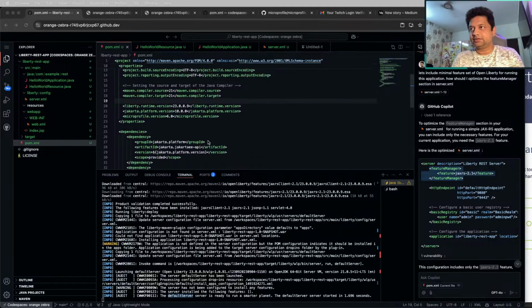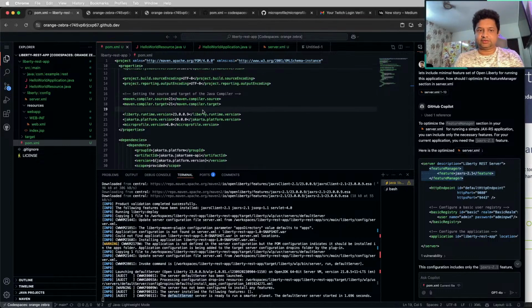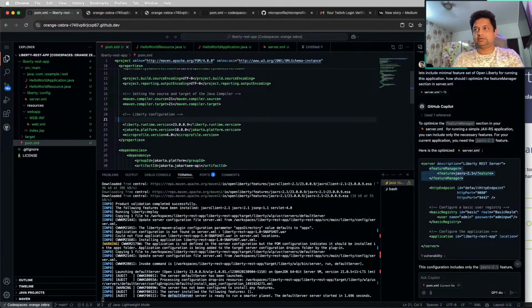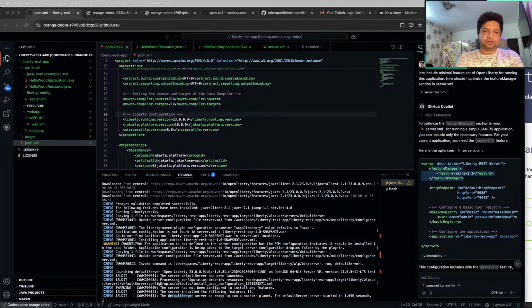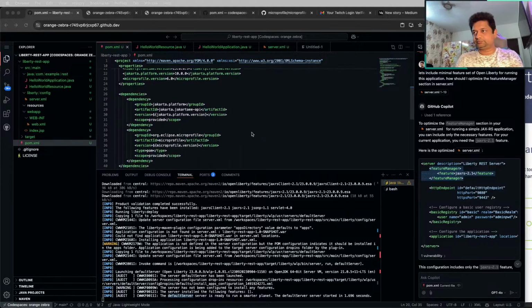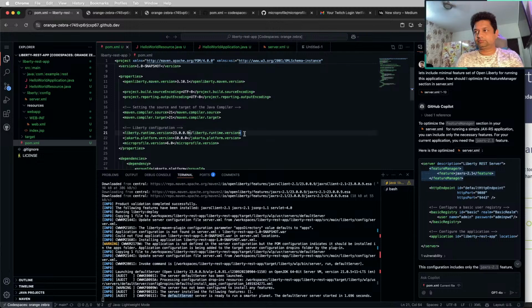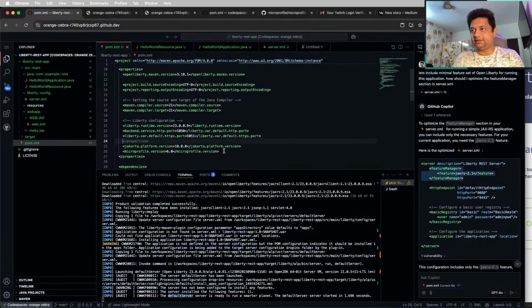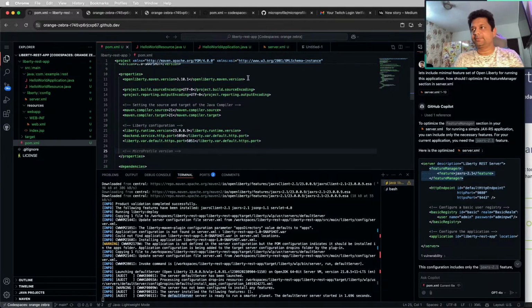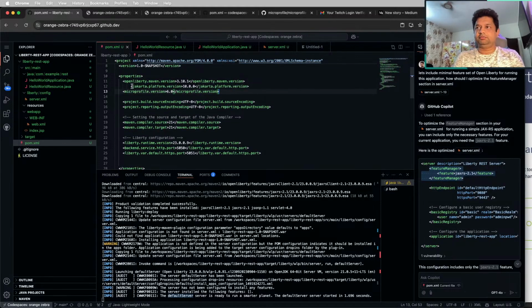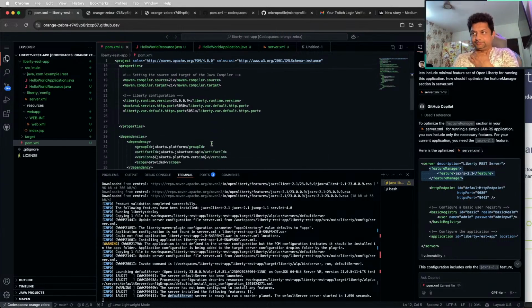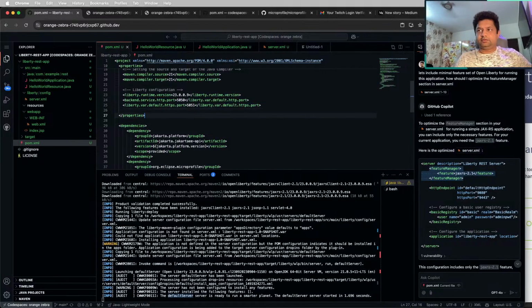Okay, so let me put the ports as well here, and these versions I'll configure at the top because they are with the runtime. So now dependencies,